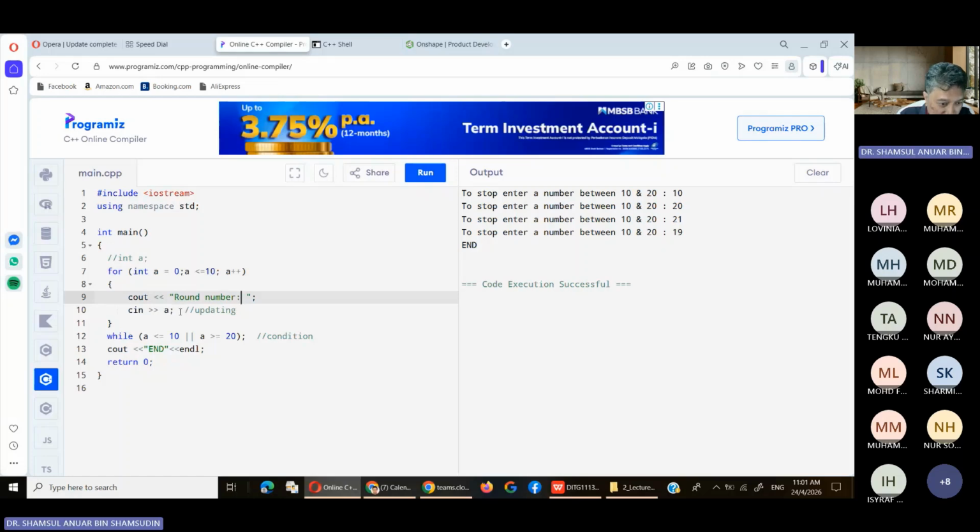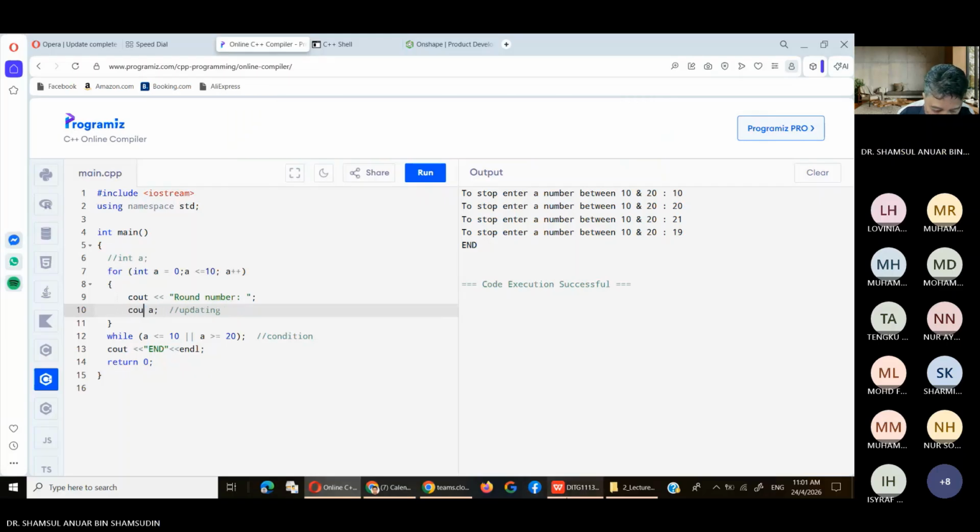So round number. So this is cout also. So this is another cout. Or we can put it in the same one here. Yes, we can also put